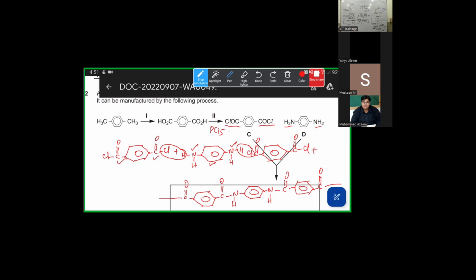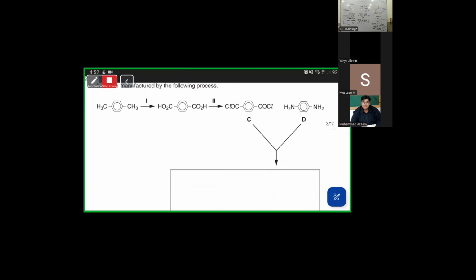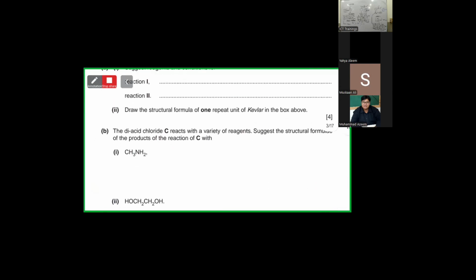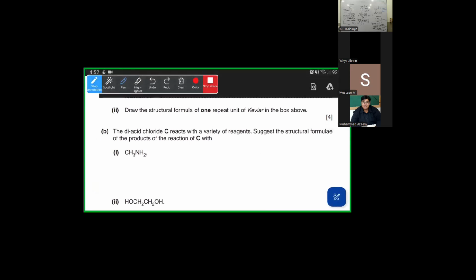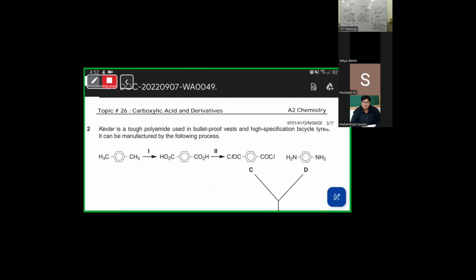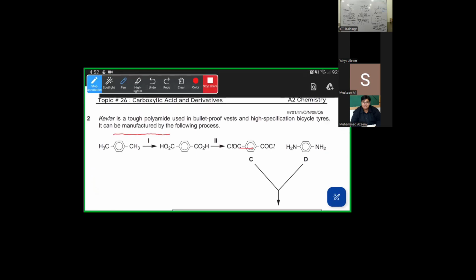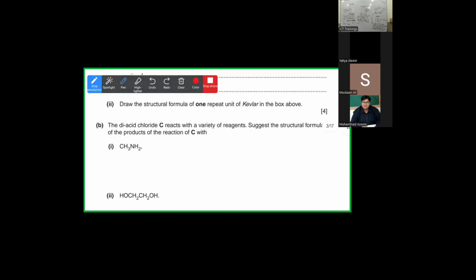Did you get it? So we are going to start with the next thing. ये सारे उसने वही आपसे जो है ना पूछे हुए हैं. Now have a look up here. Here he is saying the diacid chloride C. So C का स्ट्रक्चर जो ऊपर बना हुआ है ये मैं खुद से नहीं बना रहा. This is the structure of the C. ठीक है, ये डाइएसाइल क्लोराइड है. ये देखिए ये आपका C है. This is C. ठीक है, अब उसका रिएक्शन जो है ना वो कह रहे हैं कि इसके साथ करवाओ, ये